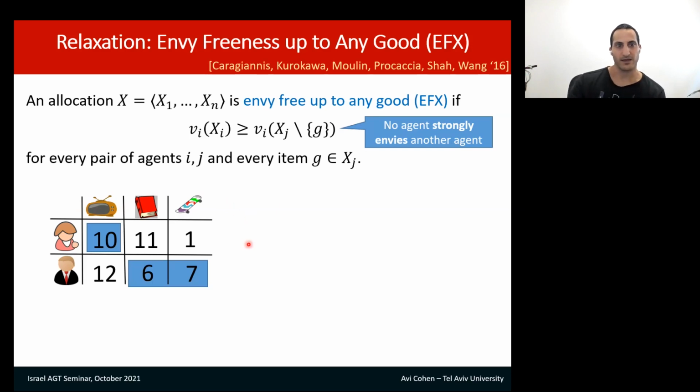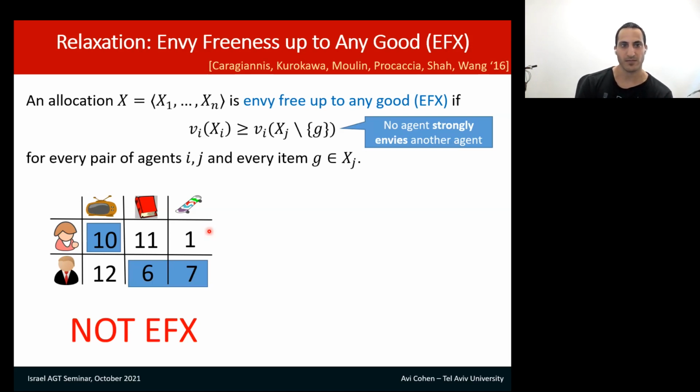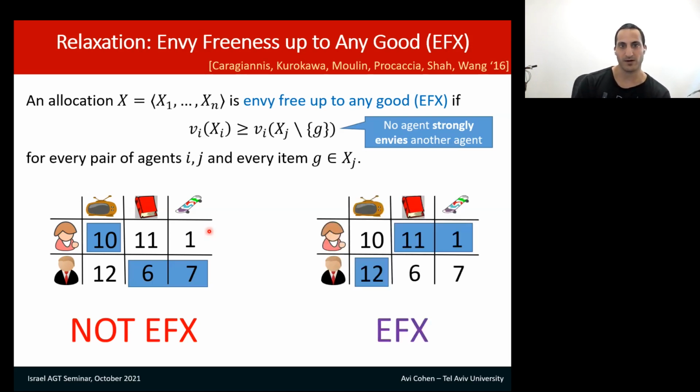Alice gets the TV and Bob gets the book and the skateboard. Now notice that Alice envies Bob, but moreover, Alice envies just the book that Bob has. She doesn't care about the skateboard, and even if we remove the skateboard from Bob's bundle, Alice will still envy Bob. So this allocation is not EFX. Alice strongly envies Bob. But now if we swap the two bundles,